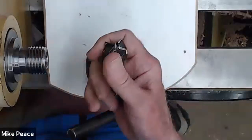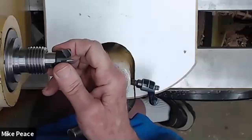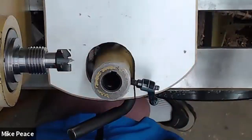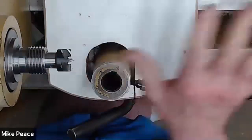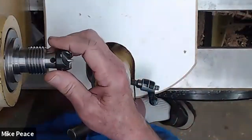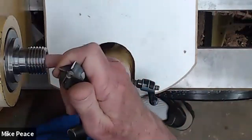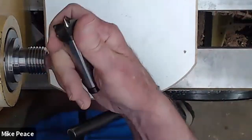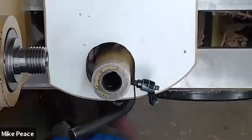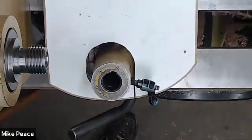I was over helping one fellow turn a handle. He had a big Powermatic, and this thing was just rattling, and it never would get tight, because it turns out he never did center work. I mean, between centers, all he did was big hollow form kinds of things. And I stuck my finger in there, and I thought something was going to bite me. It had these little shards of steel that they call galling, and it's the first time and the last time I've ever seen anything quite that bad. But I've seen it in action, and it can really damage your